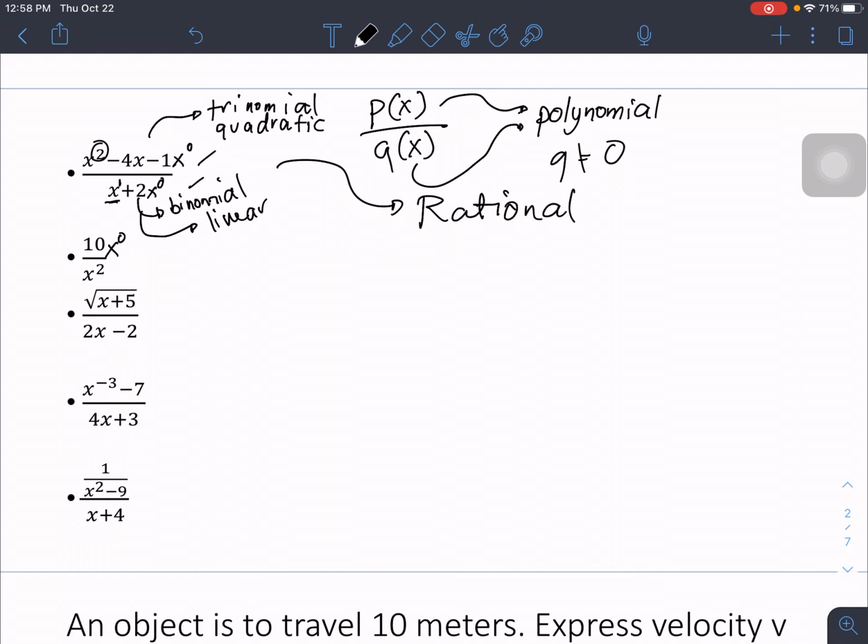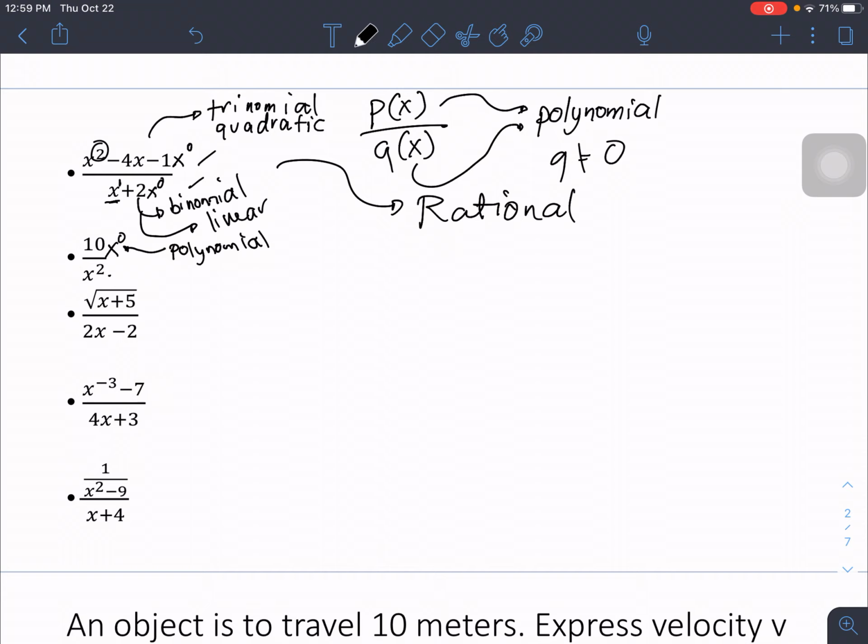So still, even though this is not a positive number, for as long as the exponent is non-negative,